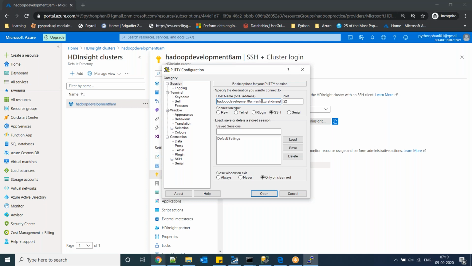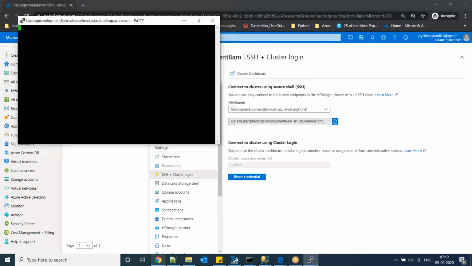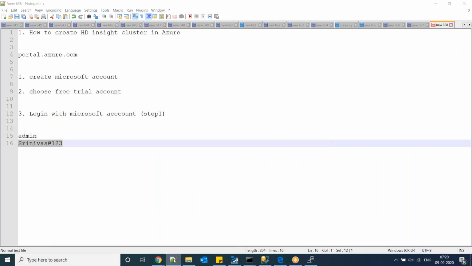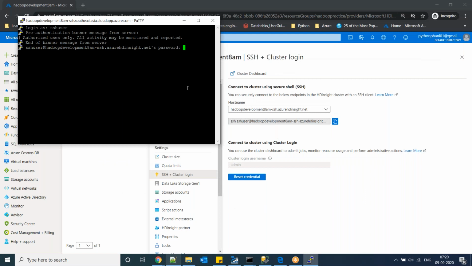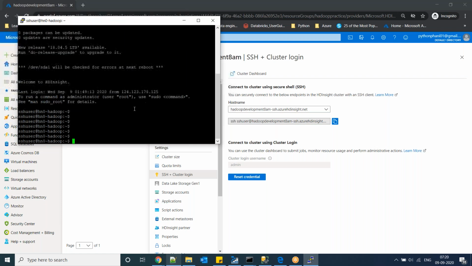Now username, the SSH user. Password. So here also it is going to connect to the cluster.